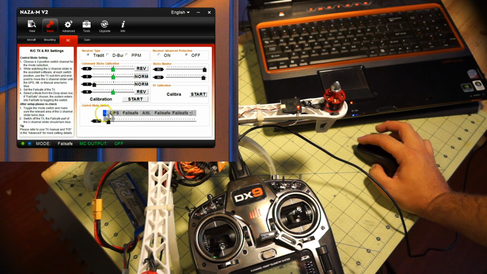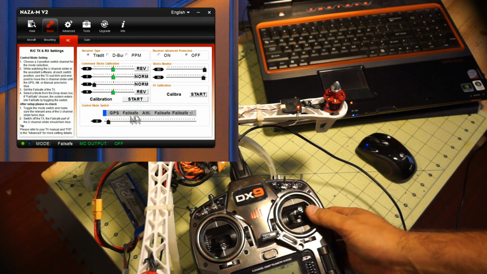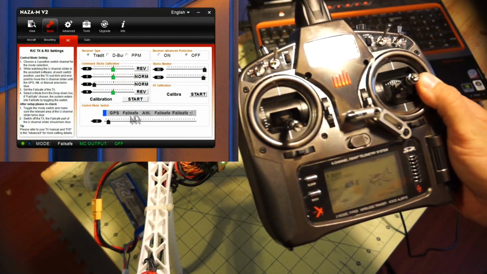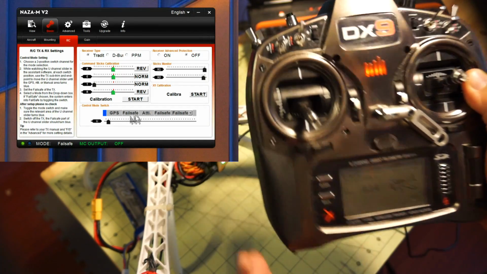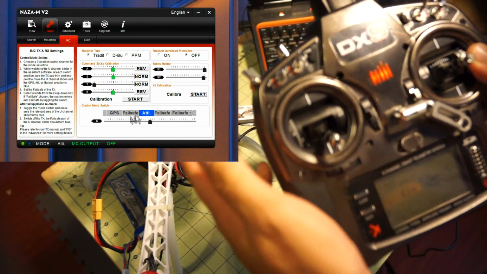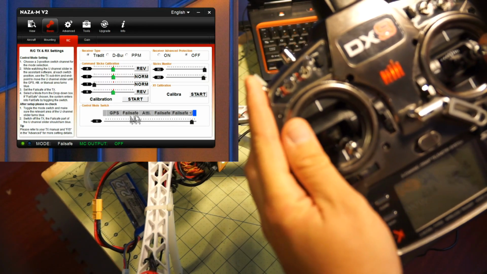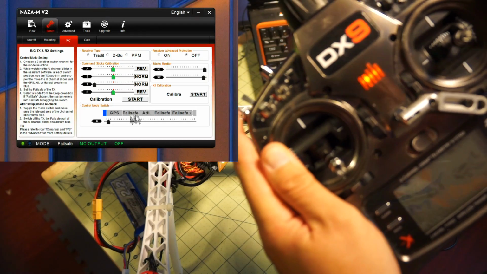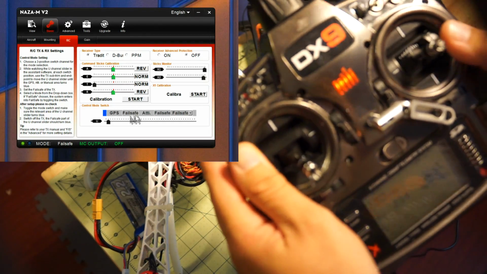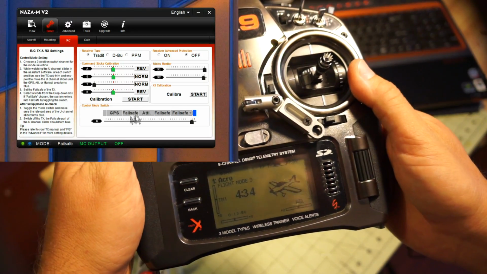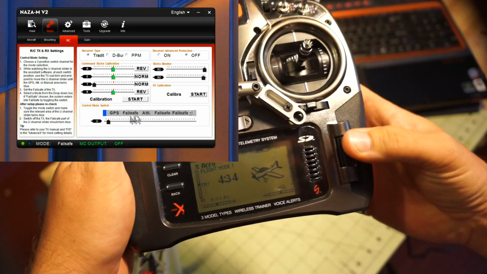The next thing we're going to do is to calibrate our mode switch. Now with this one, the mode switch is set to gear. But we set that up when we started our new model. We set that on switch B here. So as we move switch B, we see that we're moving from blue off to the right, attitude mode, which is in the center, and to just past GPS mode. To correct this, so that we actually get the GPS mode, our third mode, and attitude mode, we're going to